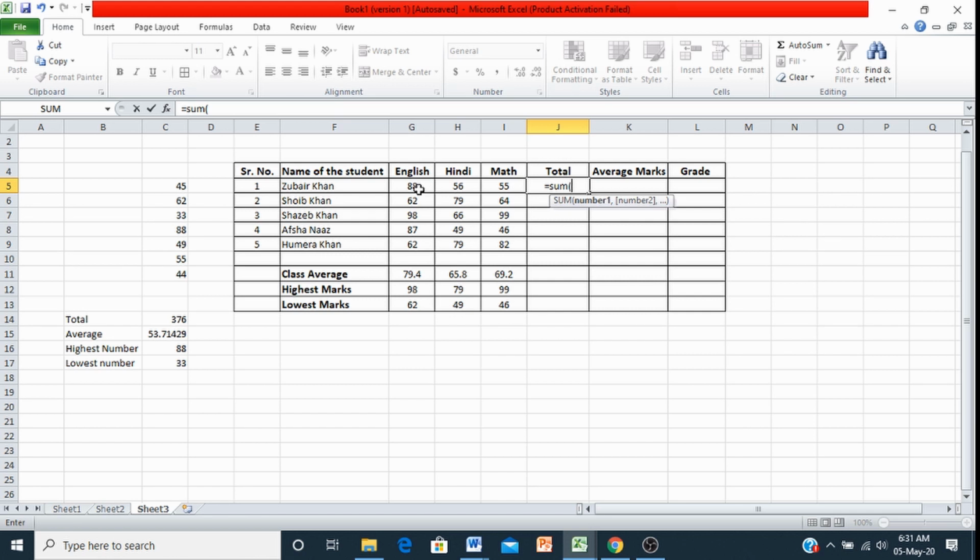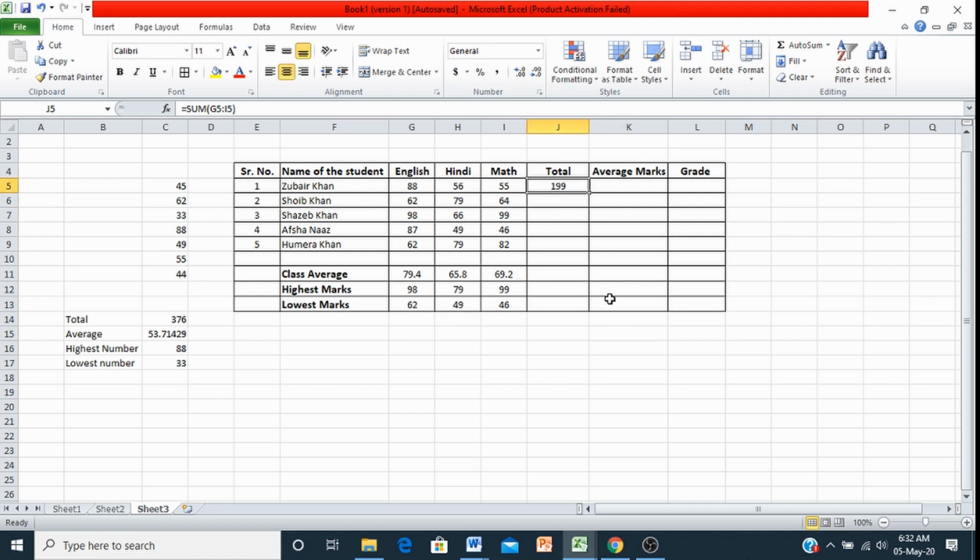We have to take out his total marks, how much he got in all these subjects. So we select this number range: click on the first cell, select till the last subject and press enter. So Zubair Khan got 199 marks as his total.